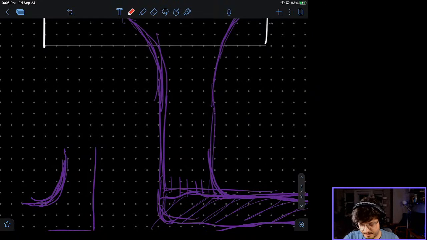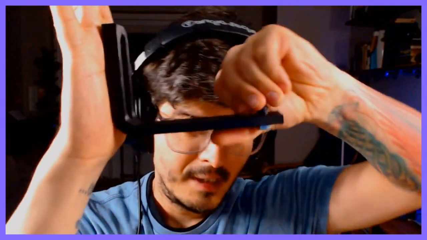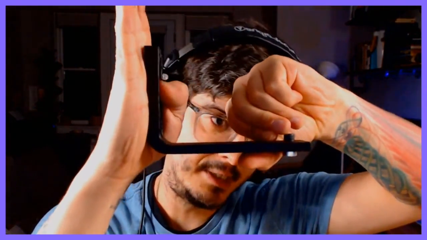Let me look at my old model for a second here. So let's go back to full camera here. If I have this part attached right here, then what happens is the load is like this.